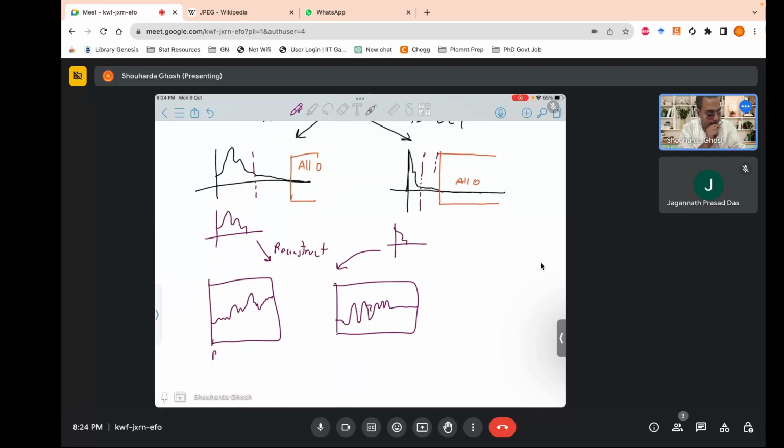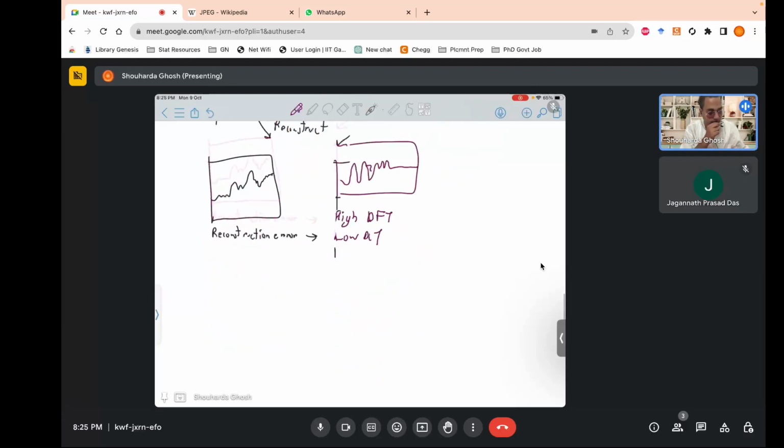So I have a good deal of reconstruction error, which is high in DFT and low in DCT. So that's the advantage of DCT. You can compress, you can eliminate a lot of coefficients but still get a good chunk of data back. So actually, how do we perform our